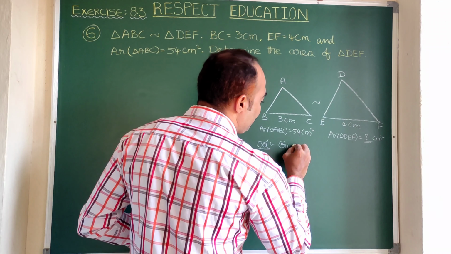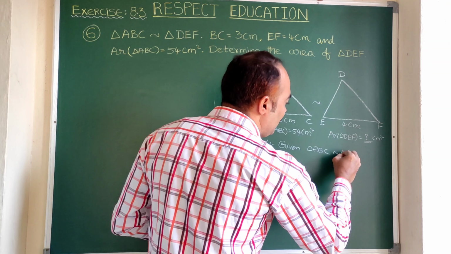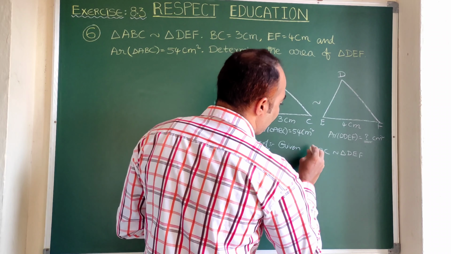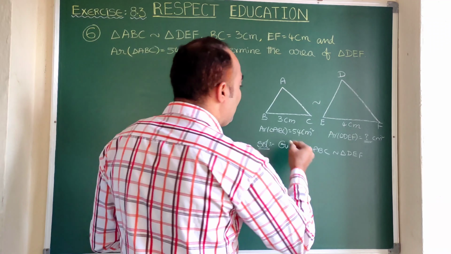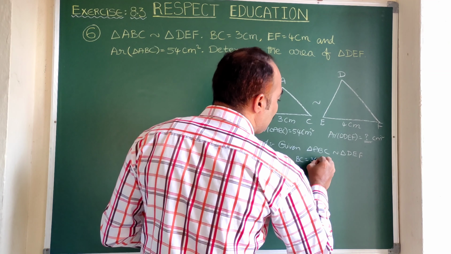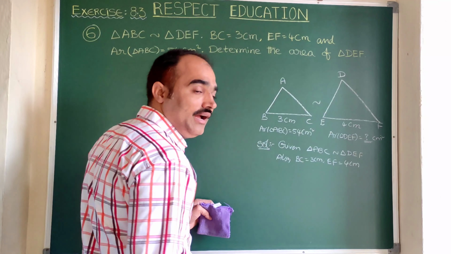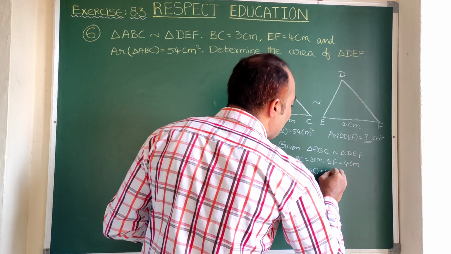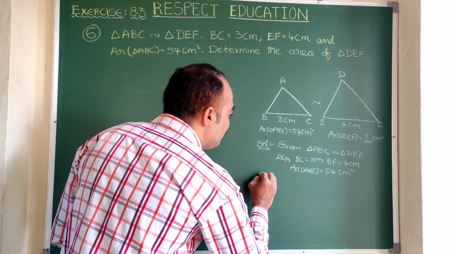Given, triangle ABC is similar to triangle DEF, right? Triangle ABC is similar to triangle DEF. Now also given, BC is equal to 3 centimeter, EF is equal to 4 centimeter, and area of triangle ABC is equal to 54 centimeter square. Right. To find,